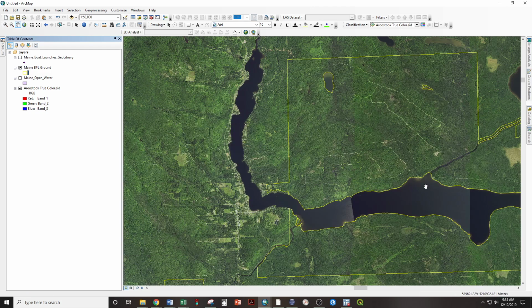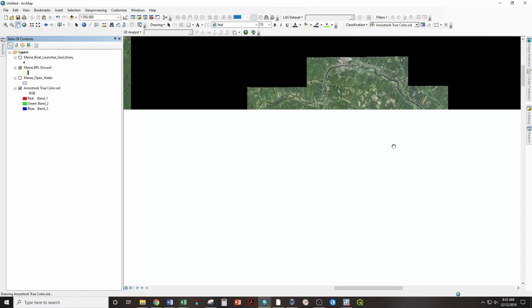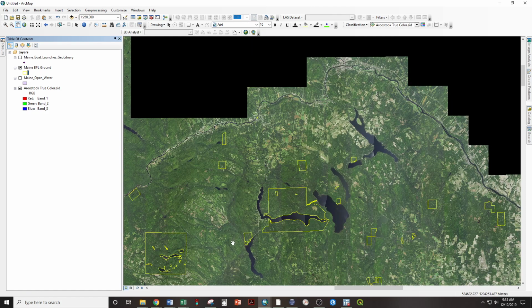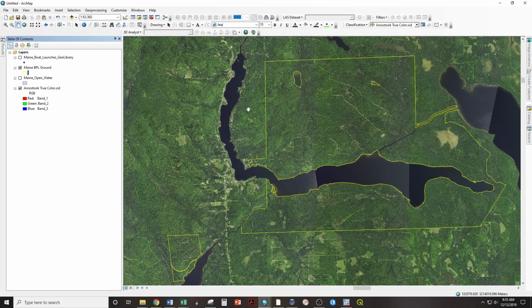So that's showing our boundaries of Eagle Lake, and if we were to zoom out, we see all the boundaries of all the Maine Public Reserve land for the entire state of Maine. So we'll zoom back in here, and if we double click on Maine BPL ground,